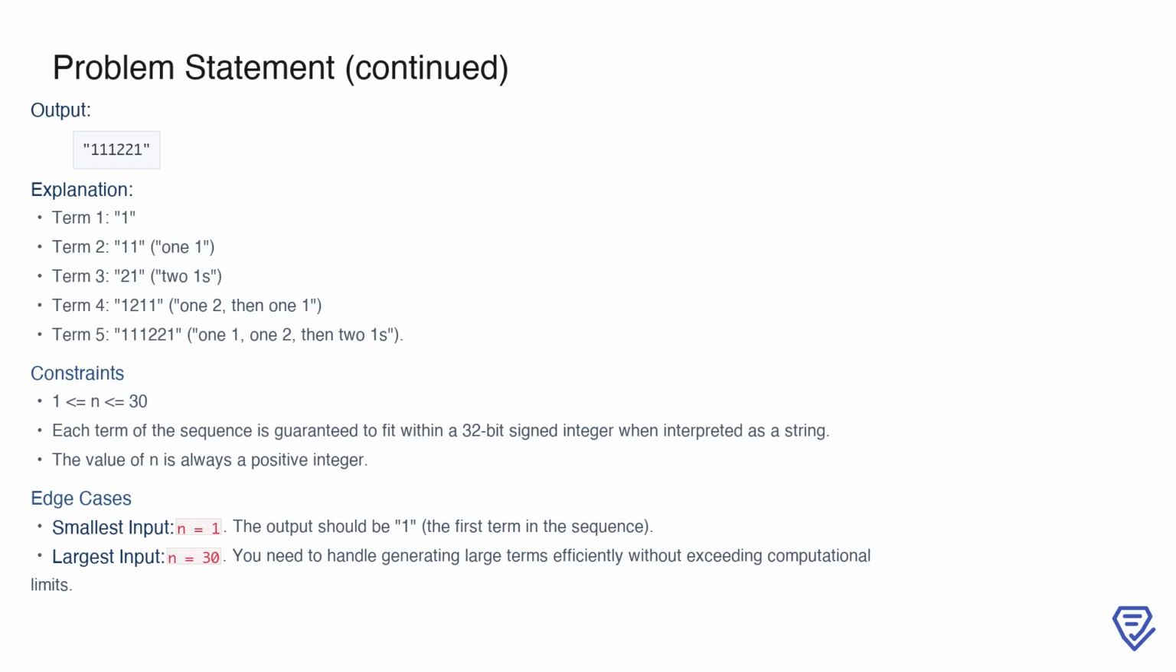Continuing the pattern, let's analyze another example. If n equals 5, the output should be 111221. Here's why: starting from the first term, 1, we describe it as one 1 to get 11. Then, 11 becomes 21, described as two 1s. Next, 21 is described as one 2, then one 1, resulting in 1211. Finally, 1211 is described as one 1, one 2, then two 1s, giving us 111221. This example shows how the sequence evolves and highlights the importance of accurately counting and describing consecutive groups of